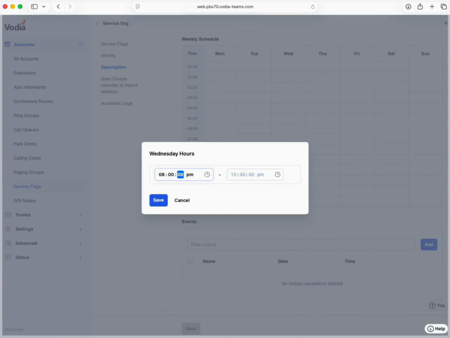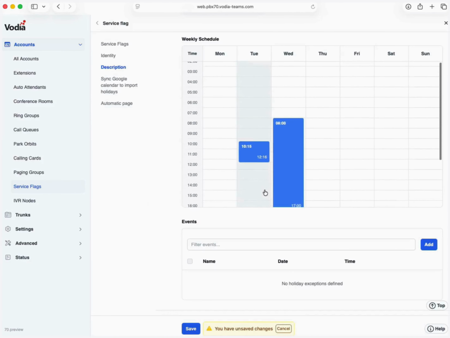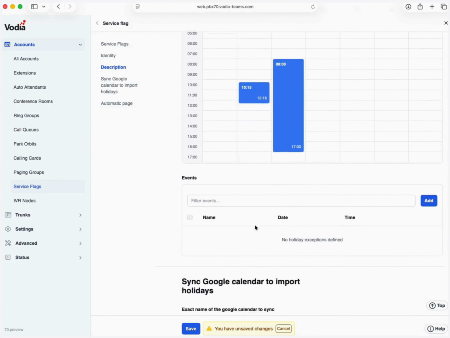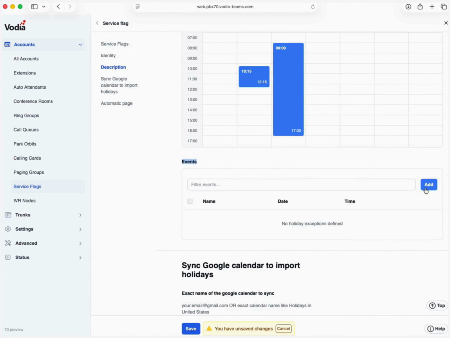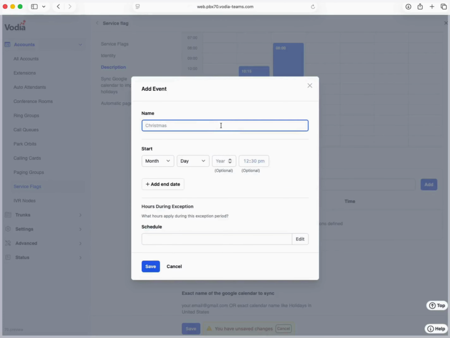Schedules are visual. Hours are defined directly on the weekly grid, making it possible to configure time-based rules, such as an 8 to 5 window, with precise start and end times while preserving the surrounding weekly context. Exceptions are handled as events. The events table keeps a clean list with filtering and a dedicated add action, so one-off changes are tracked separately